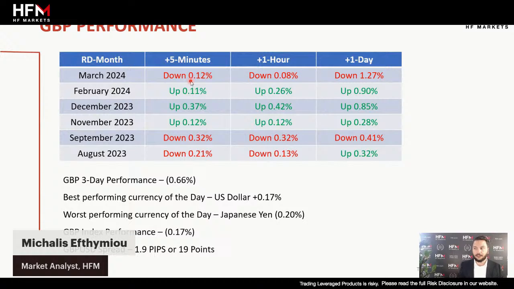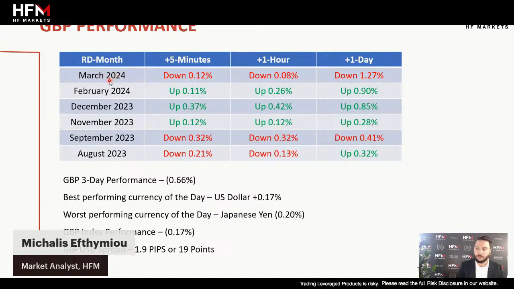Now, what you would notice is that out of the 6, on 5 of the 6, when the price declines, it continues to remain low or continues to decline. When the price increases, it continues to increase. Only on one occasion did we have something different, and that was going all the way back to August. So we're going back, ladies and gentlemen, almost 10 months. Okay, so that's quite a long time ago.